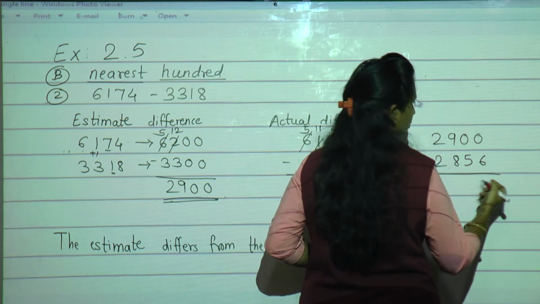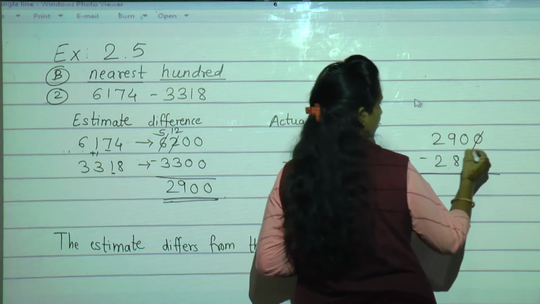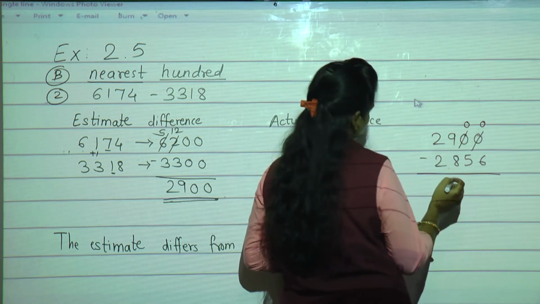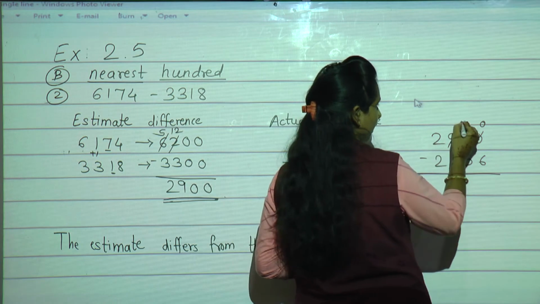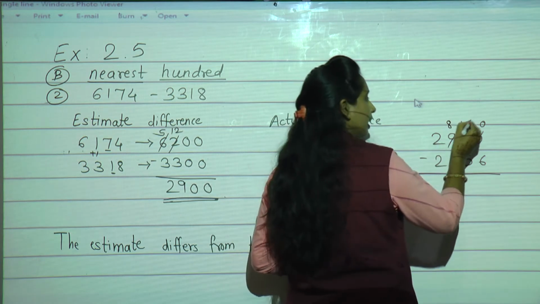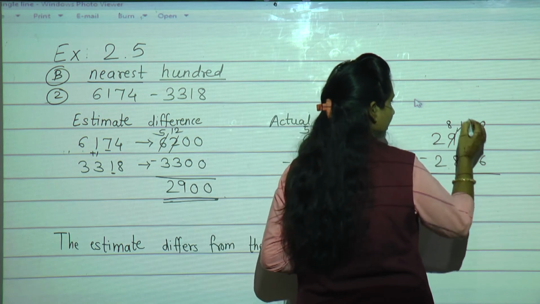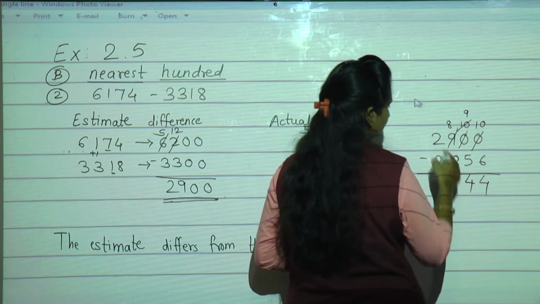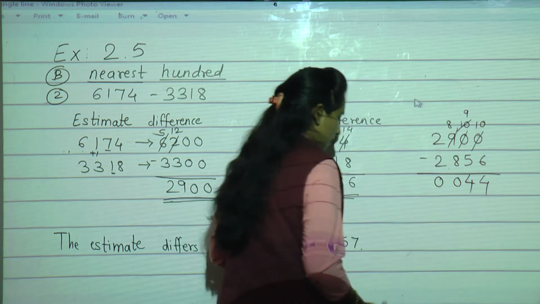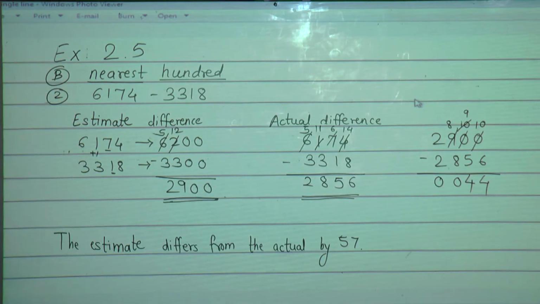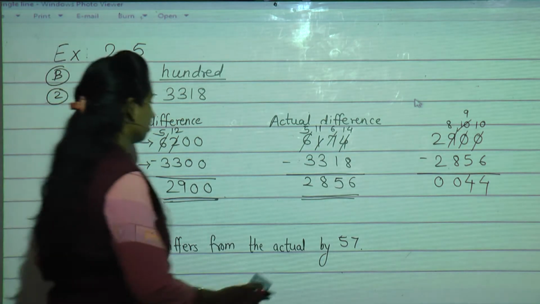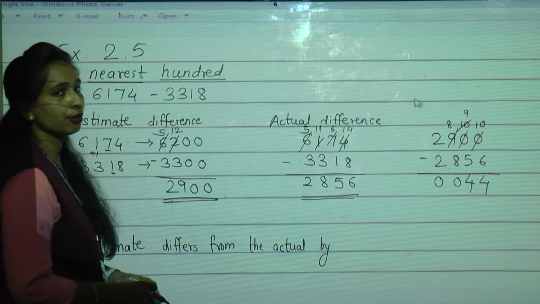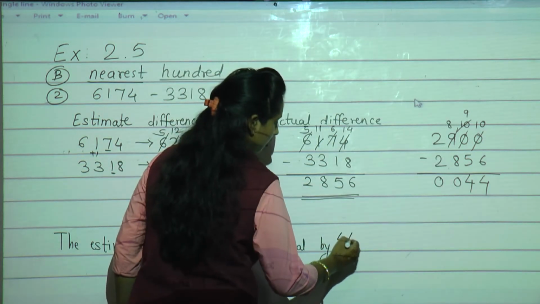We have to do the subtraction. 0 minus 6, we cannot do. So cut the 0, write it as it is. Take the next number. Again he is having 0, so we cannot do. Go with the next neighbor. The neighbor is having 9. He will give 1. 8 will remain. Now he is having 10. He can give 1. 9 will remain. Now 10 minus 6 is 4. 9 minus 5 is 4. 8 minus 8 is 0 and 0. So what is the answer here? The estimate difference is 2,900, but the estimate differs from the actual by 45.